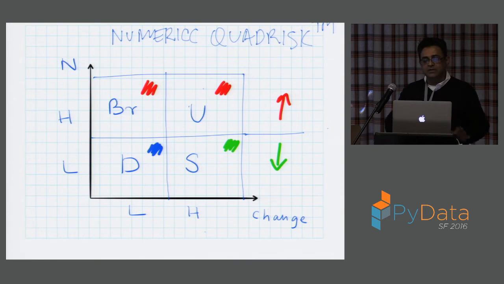And so we built this thing called the numeric quad risk model, which basically says where the changes are low and the changes are high, and where the breakage is low and the breakage is high. And this, by the way, we can see from the previous model. When you built this BI model, you can do sums and counts on different dimensions, and you can find out which files have high changes, low risk, et cetera. And so what you want is that the stuff that's red above that line is the stuff with high breakage. Now, I'll explain these letters. BR stands for brittle, U stands for unstable, D stands for done, and S stands for stable.